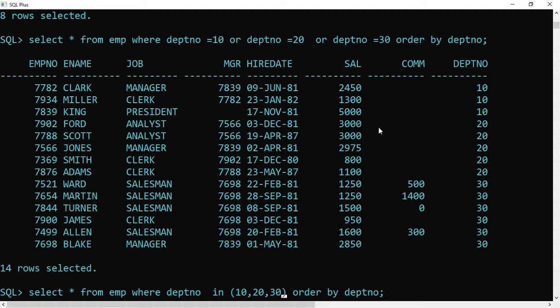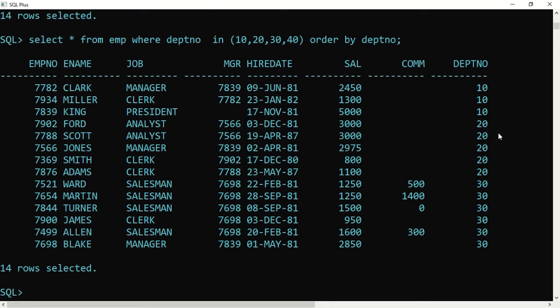If you get any of the 10, any of the 20 or any of the 30 department numbers, show it. Even if I say 40 also, show it. If you get any records from department number 40, you list that also. But actually, you know there are no persons working in department 40. But we can put a condition: I'm giving you the list, and from this list, any employee having department number 10, 20, 30 or 40, list them. Okay, I'll press enter.